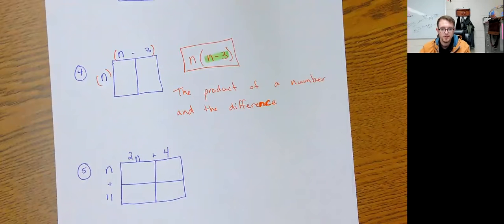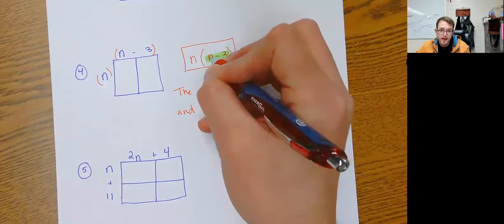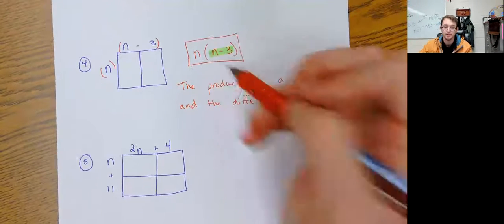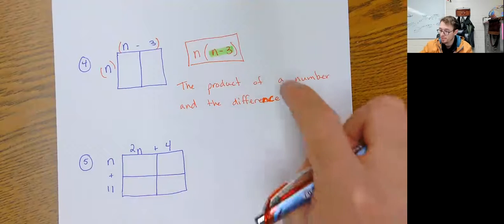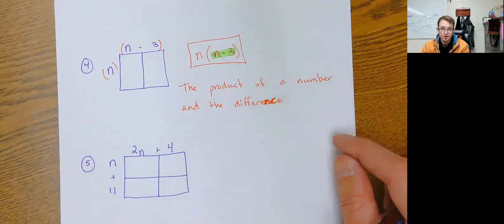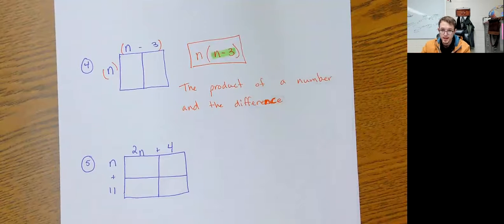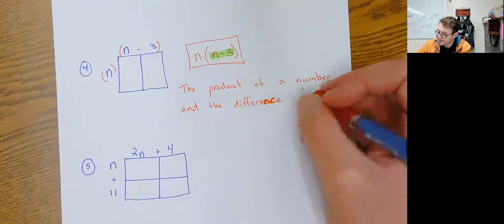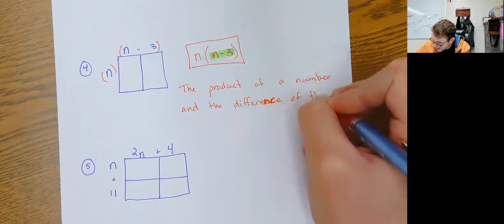So we have the product of a number and the difference of what? What is special about this n and this n? Oh, they're both n's. They're the same number. They're the same variable, which means they are the same number. Whatever you plug in for this n, you plug in for this n. So if I say the product of a number and the difference of a number and 3, well, that would be a different number. But we want the same number because this is the same number as this number. So the product of a number and the difference of the same number